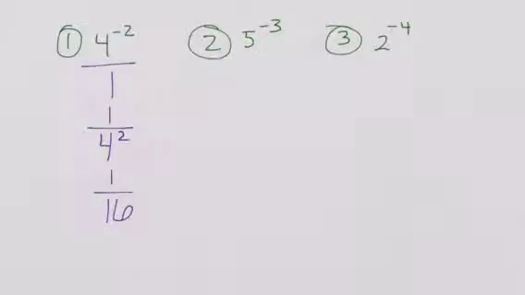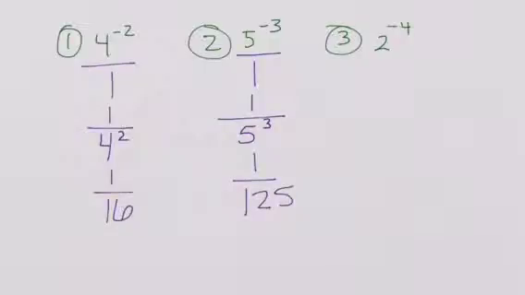All right, number 2, we're going to make this a fraction, so we're going to write it over 1. Notice that it has a negative exponent. The negative exponent is crying out, move me, I'm in the wrong location. So he's in the numerator and he's unhappy, so we're going to rewrite him in the denominator and make him positively happy. So now I have 1 over 5 to the positive 3, which is going to be 1 over